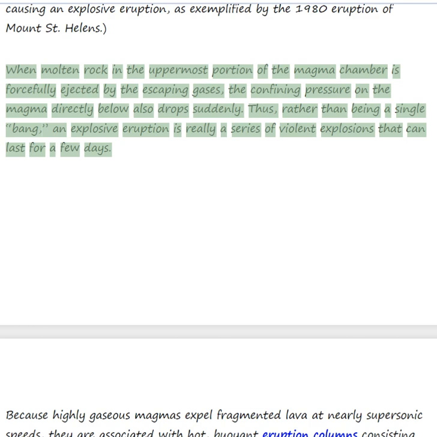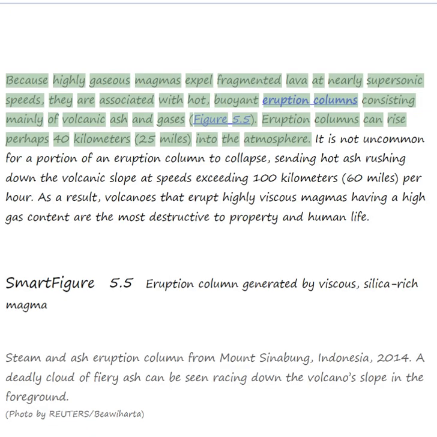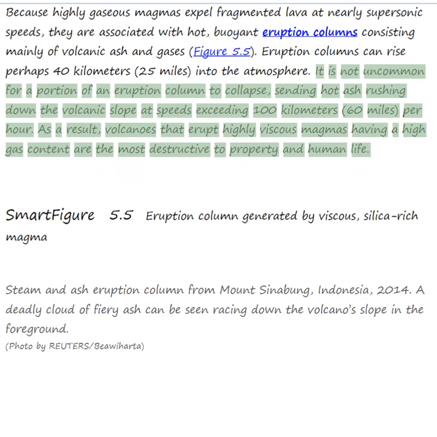for a few days. Because highly gaseous magmas expel fragmented lava at nearly supersonic speeds, they are associated with hot, buoyant eruption columns consisting mainly of volcanic ash and gases. Eruption columns can rise perhaps 40 kilometers into the atmosphere. It is not uncommon for a portion of an eruption column to collapse, sending hot ash rushing down the volcanic slope at speeds exceeding 100 kilometers per hour. As a result, volcanoes that erupt highly viscous magmas having a high gas content are the most destructive to property